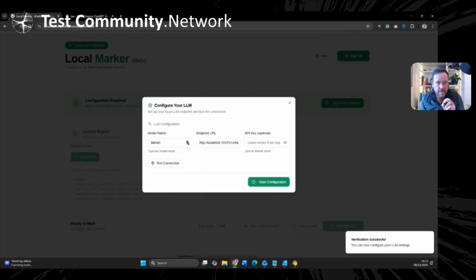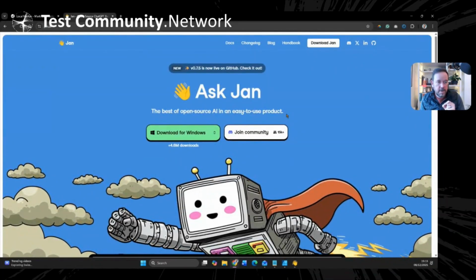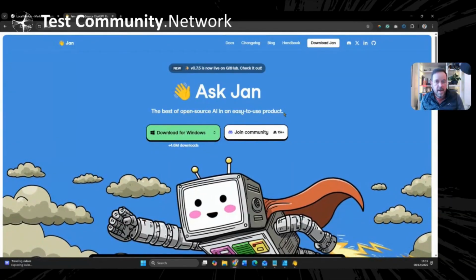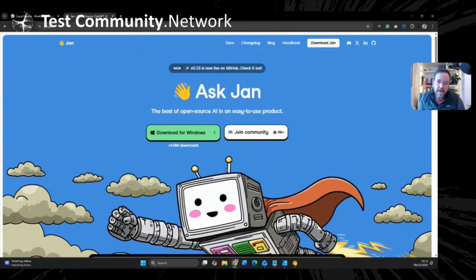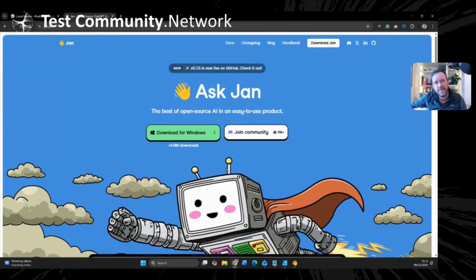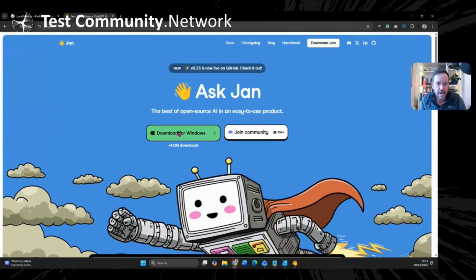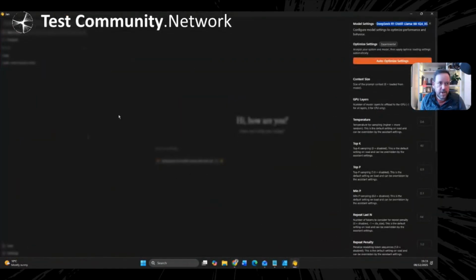Now, I'm going to need some information from my local instance running my model. Before we get into that, to do this, you need to go to an organization called Jan.ai. This is one I found to be pretty good, because I've tried Ollama and other ones on my computer, and I've always struggled to run them, but this one I've had some good success with. So I'm going to download for Windows. That means I'm going to install this application here.